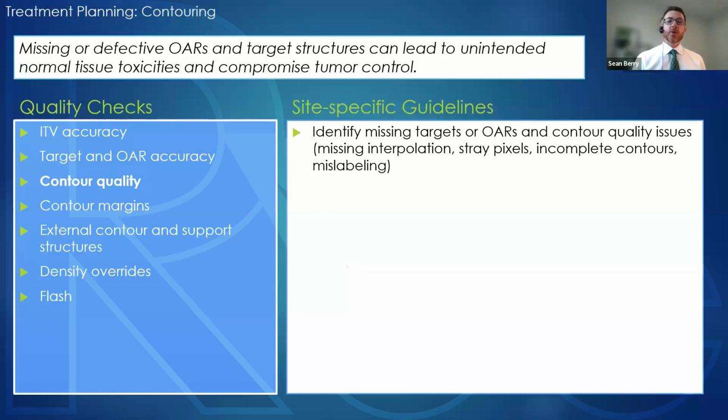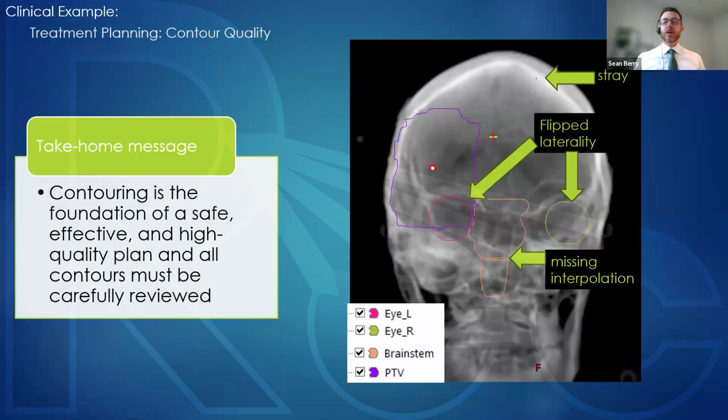Now, when it comes to contour quality, what I've seen many times before, especially with trainees, is that immediately they go in and they try to look slice by slice and very carefully try to make sure that the edges of the contours are right exactly at the correct boundaries of the organs at risk, for example. That is important, but I also have found personally it's very helpful for me to step back and do a much more global look at the patient, where I turn on, let's say, an AP beam's eye view, and I turn on structures one by one, and I'm just looking in a more global way